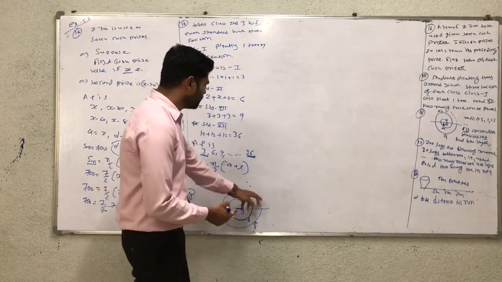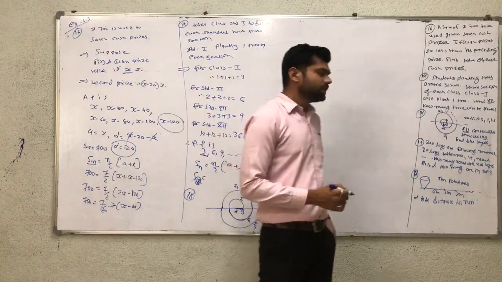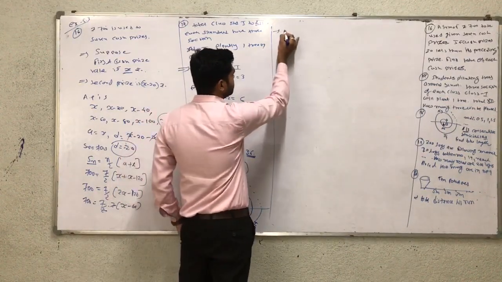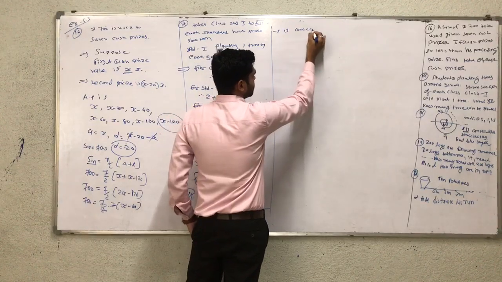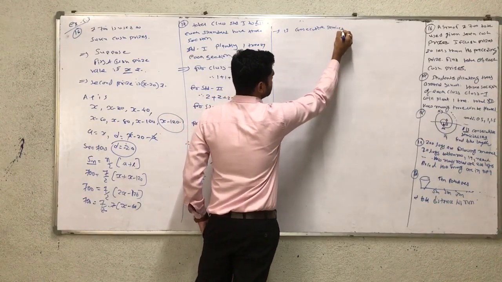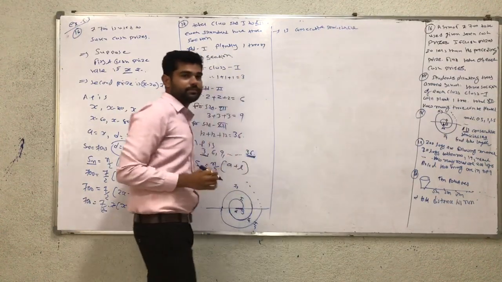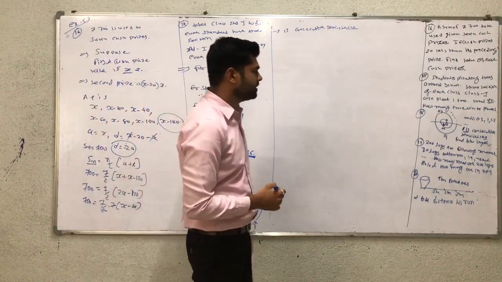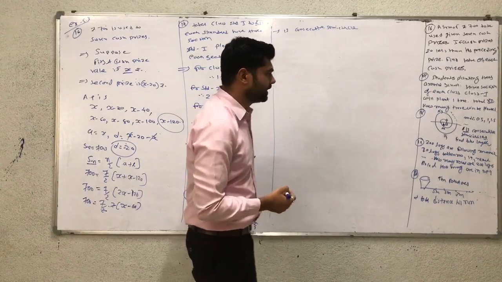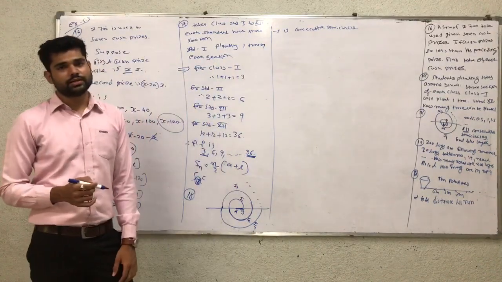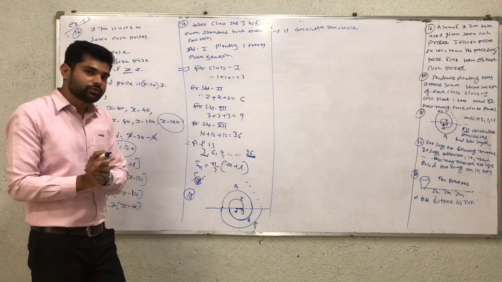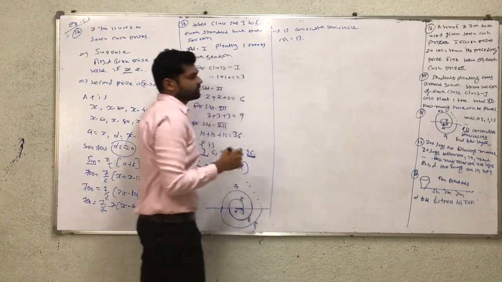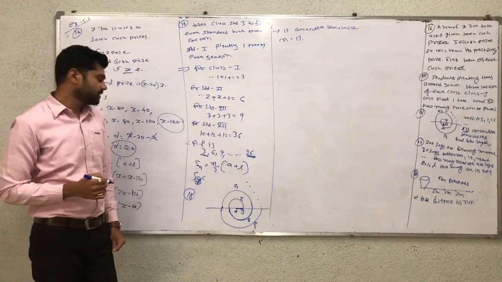In total we get up to 13 consecutive semicircles. So we have to find the total length of all the semicircles. Total length of what? How many circles? Total semicircles are 13. So the value of n is equal to 13. Now the consecutive semicircles are 13, so the value of n is equal to 13.